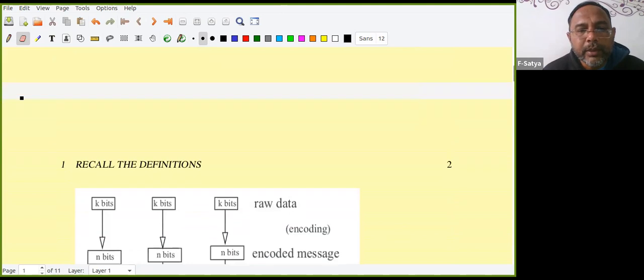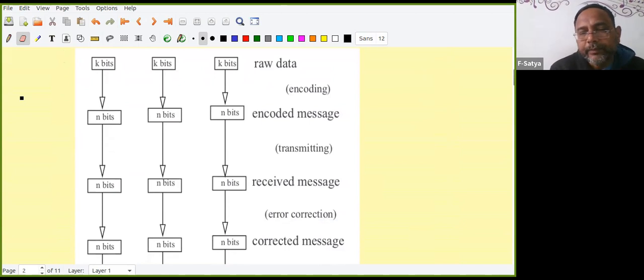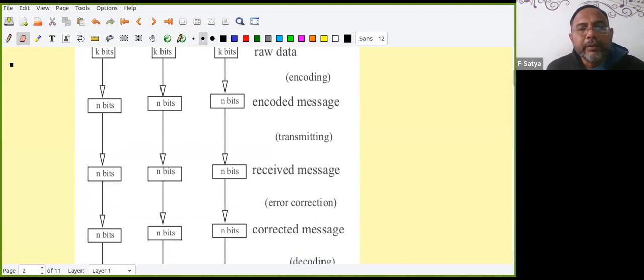These are what we discussed in the last few 4 lectures. Just I recall once. Okay, how actually it goes? It goes like this, right? First we have K bits. Any one of them is a message here, right? We have raw data, K bits. Now these K bits will be encoded. What is the encoding function? The encoding function converts these K bits to N bits, correct?